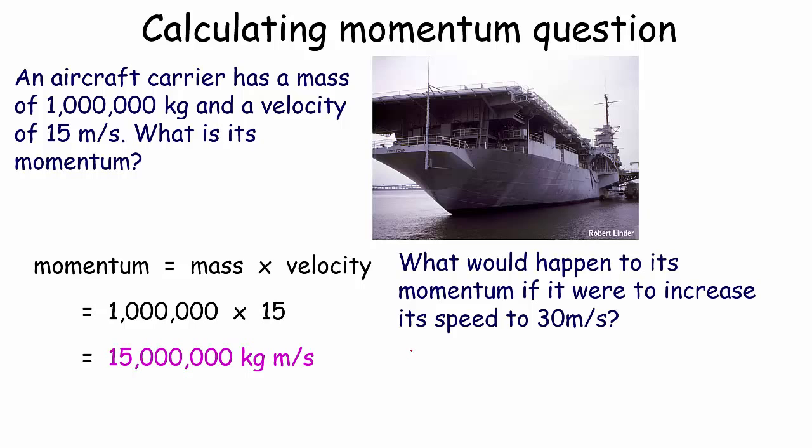Well, hopefully this will be intuitively obvious. The only two things that can affect the momentum are the mass and the velocity. The velocity has gone up from 15 to 30, so it's doubled. The mass hasn't changed. If we double one of these numbers, we should see that the number will double. So let's work it out just to check. So momentum is equal to mass times velocity. So its momentum equals 1,000,000 times 30 meters per second. That gives us 30 million